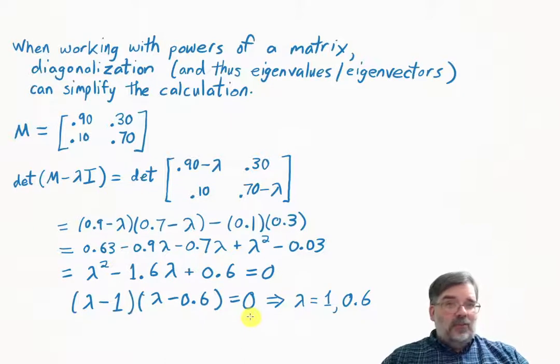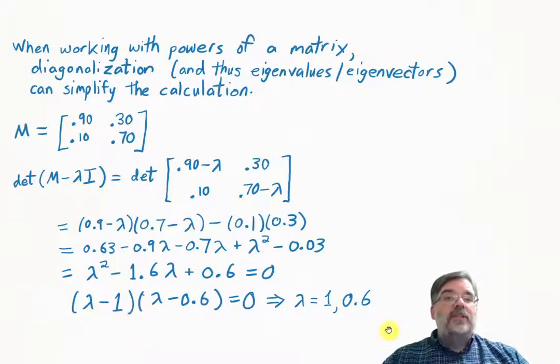In fact, as we'll see between this example and the next example, factoring characteristic polynomials corresponding to a migration matrix is actually even easier. In this case, this polynomial factors into lambda minus 1 and lambda minus 0.6,